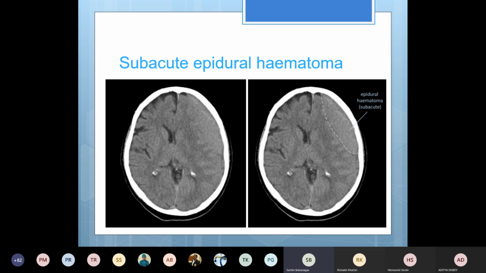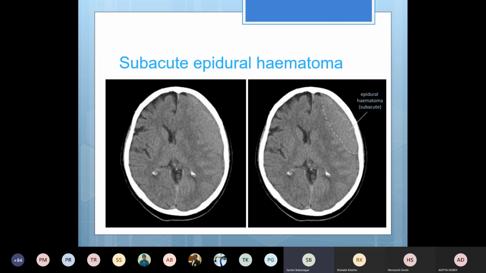So remember, this is right side, this is left side of the patient, this is anterior, this is posterior. So this orientation is very important. You should never get the sides wrong, because if the patient goes for surgery, you need to know the right side where the patient needs to relieve the hematoma. So this is basically subacute. As you can see, the shade of gray is similar to the adjacent parenchyma, and you can't even make out the shape clearly because the density is very similar to the adjacent parenchyma. But this is a subacute epidural hematoma.